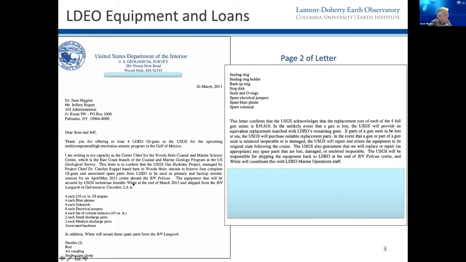Jennifer McKee, who's on this, was part of this project, and it was all the different spares and pieces that they might need and a lot of the hardware. So sometimes all the spares are just as important as the actual equipment. Whether it's insured by the USGS or the government, we typically only ask that the equipment is covered, either by insurance or whatever, in the event that anything happens to it. I don't think we've ever had any issues with it other than maybe some small spares cost.